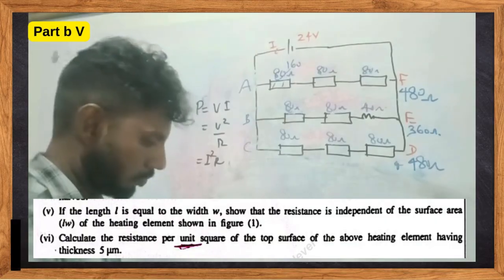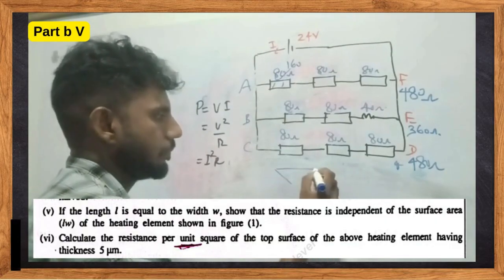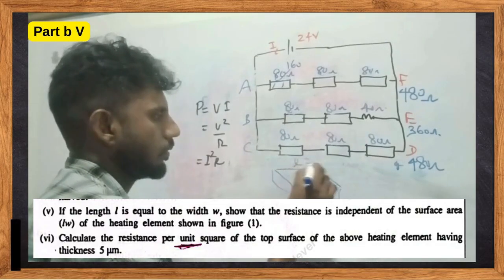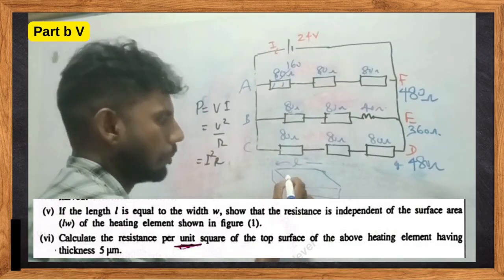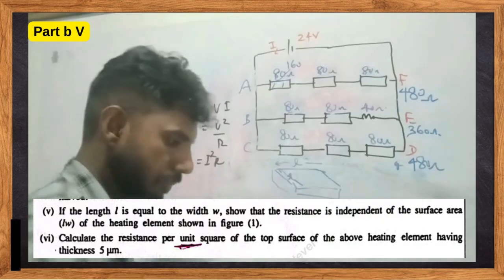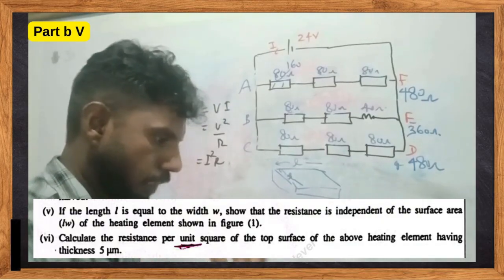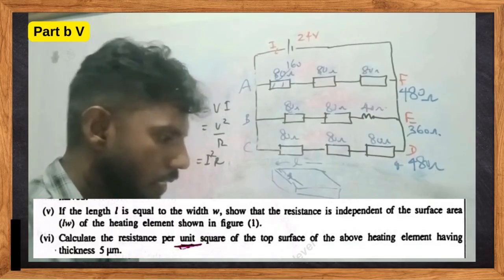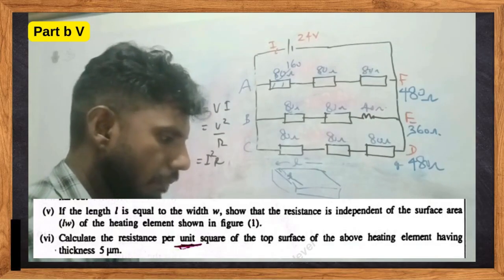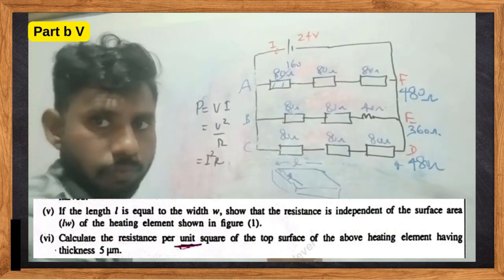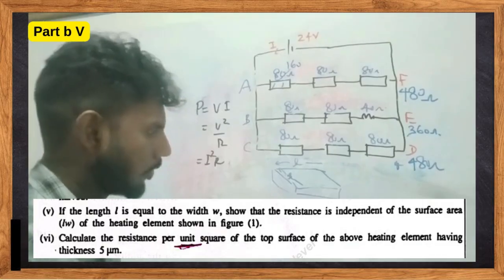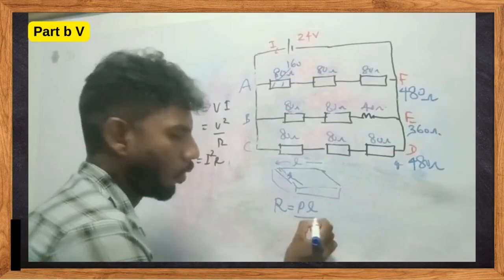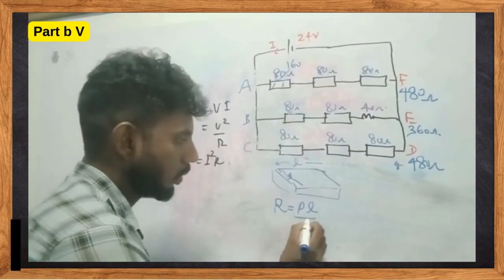It's actually, we should draw here, right? If the length is equal to the width W, so it's basically L over here, and show that the resistance is independent of the surface area LW of the heating element shown in figure 1. Right, this is figure 1. What was the previous equation? R equals rho L over, what was the value? Over